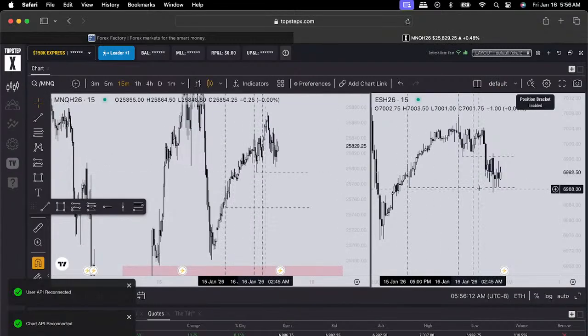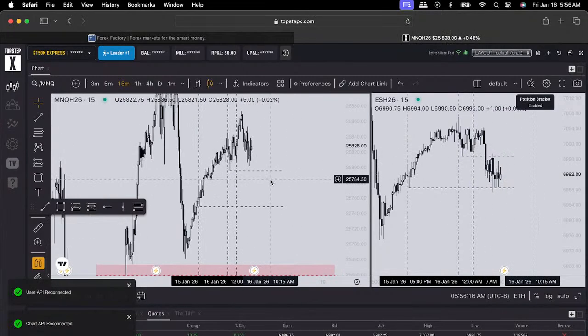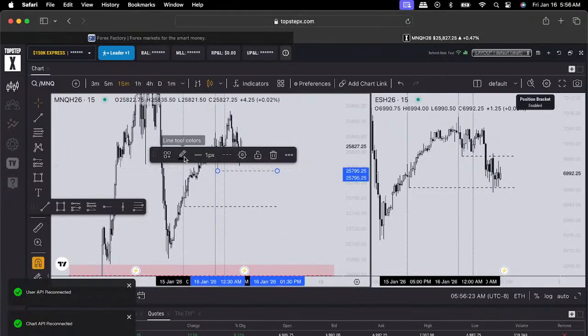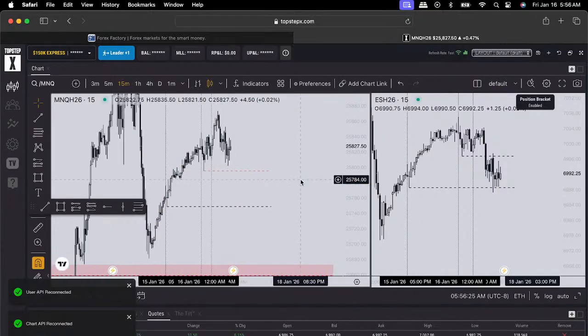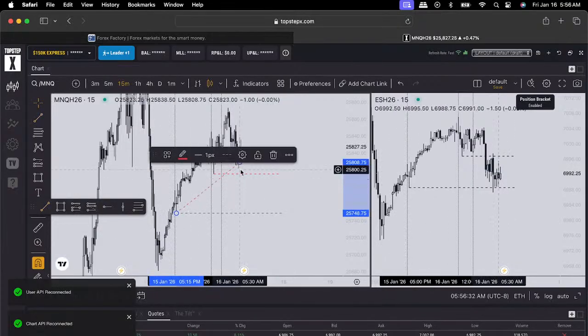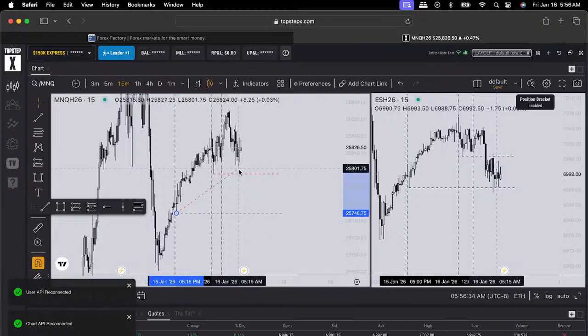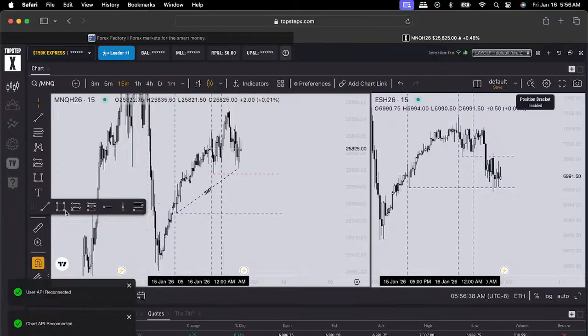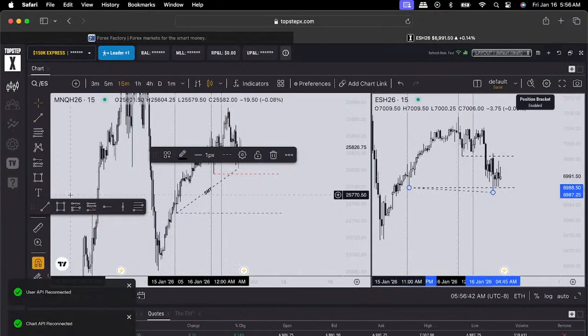We have a low right here, tapped into it. So we kind of swept all those lows. I think we just need to sweep London lows on NQ, so that's going to be my point of concession. I definitely think we're going to sweep those. Just because we inputted SMT, it's low-key just my market experience telling me this. I've seen it play out a good amount to be confident in it, but yeah, we do have an SMT right here.